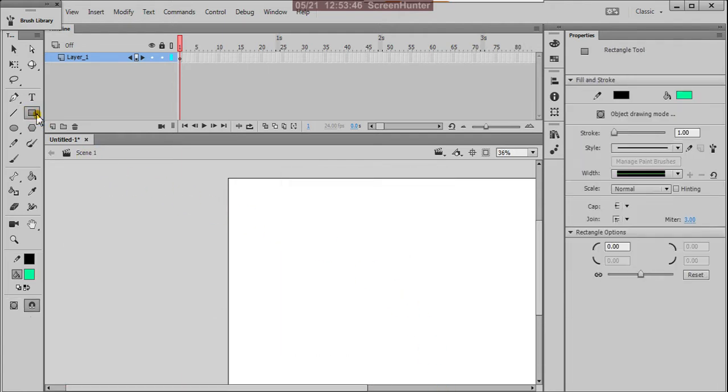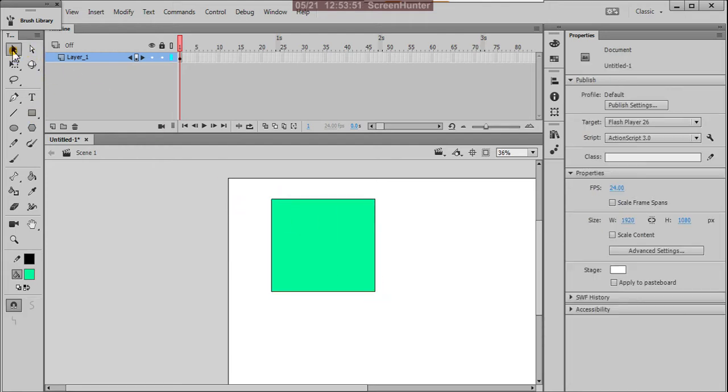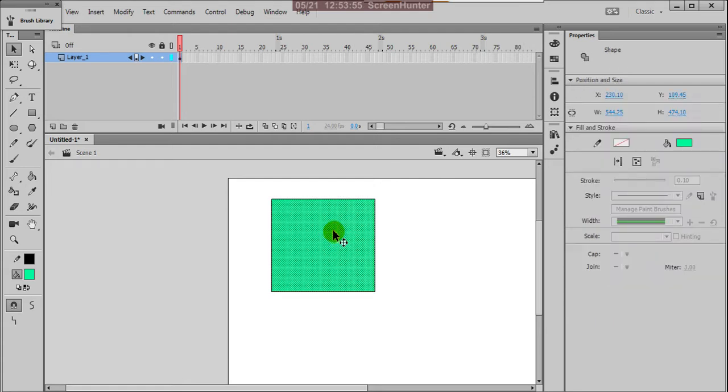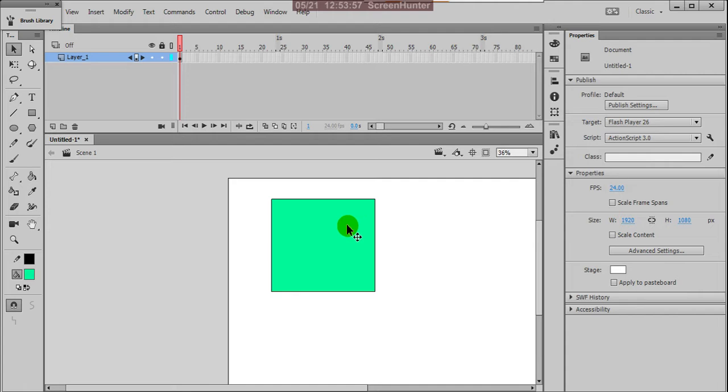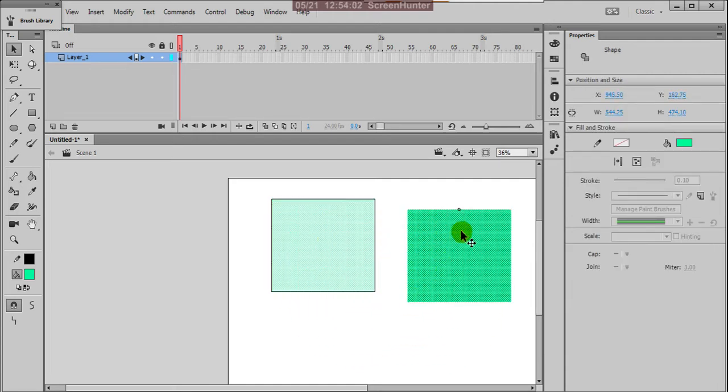Now I'm drawing one more box here. If you observe this, see, only the color is selected. If I select anywhere in the color, only this color portion is selected, and the outline remains there.